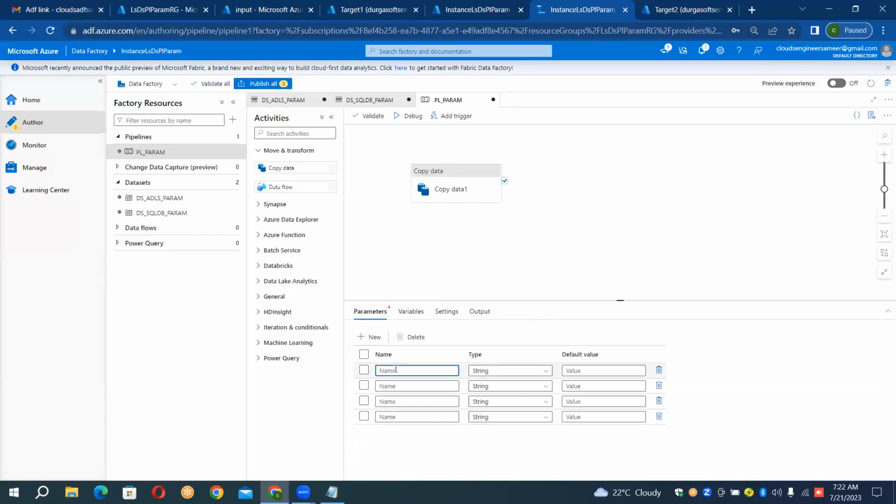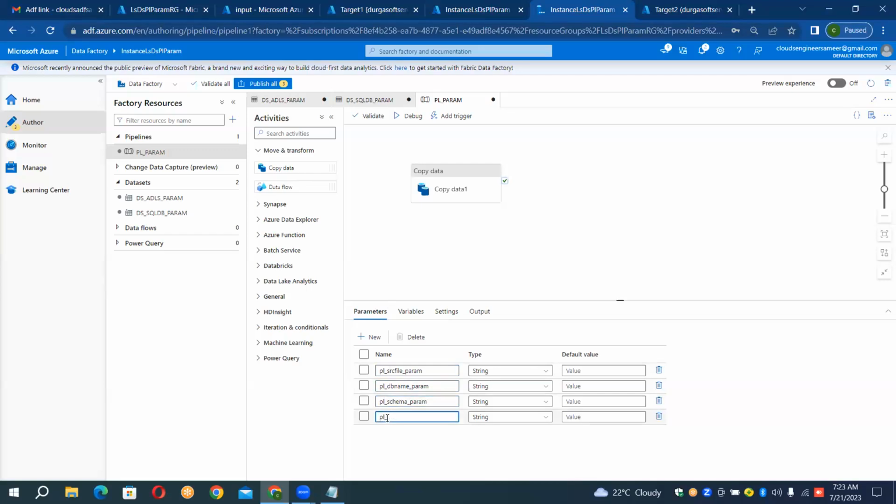First of all, PL underscore, all the parameters. That means for linked service, for dataset and everything. So first of all, I'm using PL_src_file_param. Whatever parameters you have created at the linked service and dataset level, those values you have to pass through the pipeline parameters. PL_db_name_param. These are the parameters we have defined at the dataset level. PL_schema_param and PL_